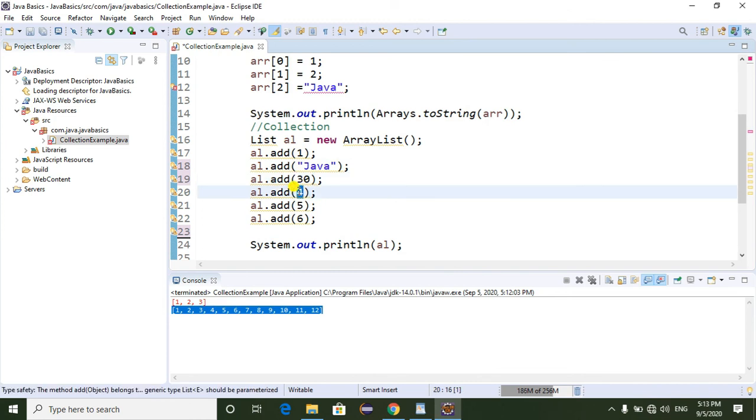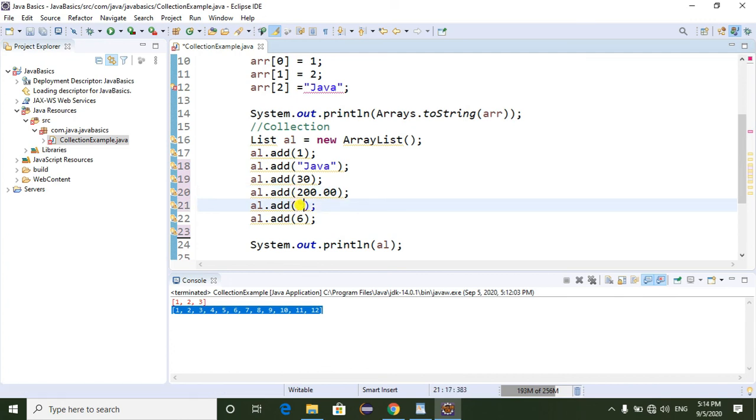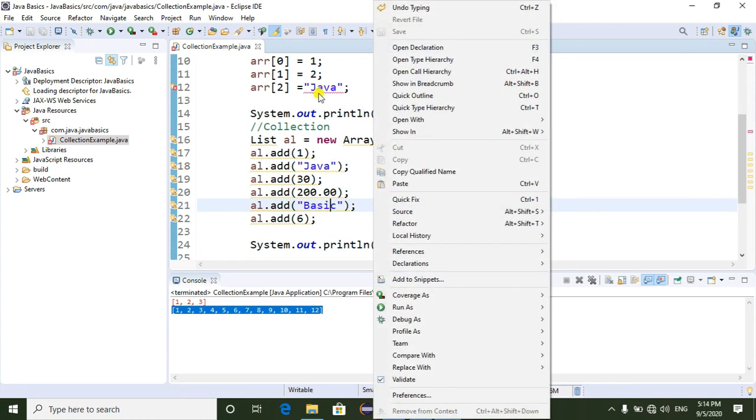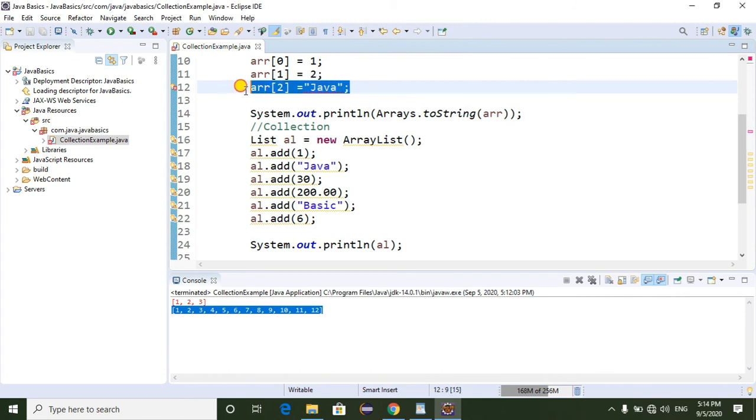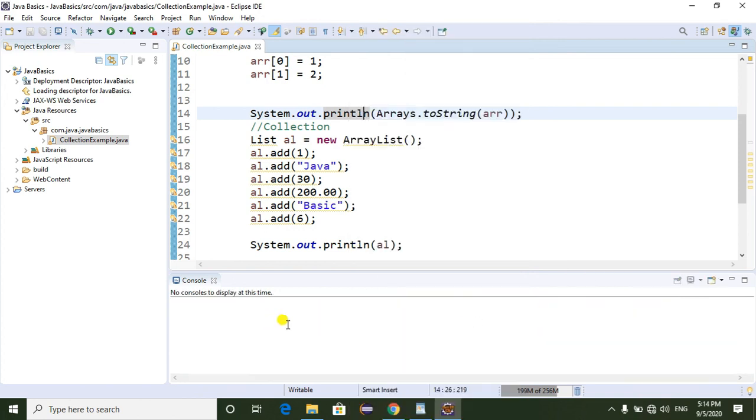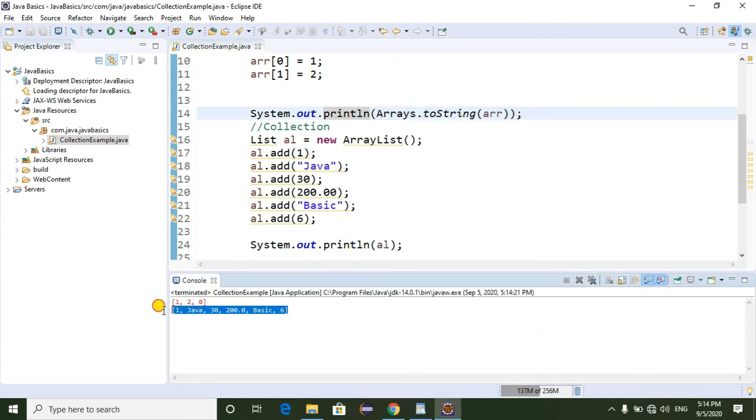Here I am adding float type data, and here integer type data. Here I am adding string type data. Now we can see whether it prints or not. Here we can see the ArrayList allows any type of data. That means the collection can store both homogeneous and heterogeneous elements.